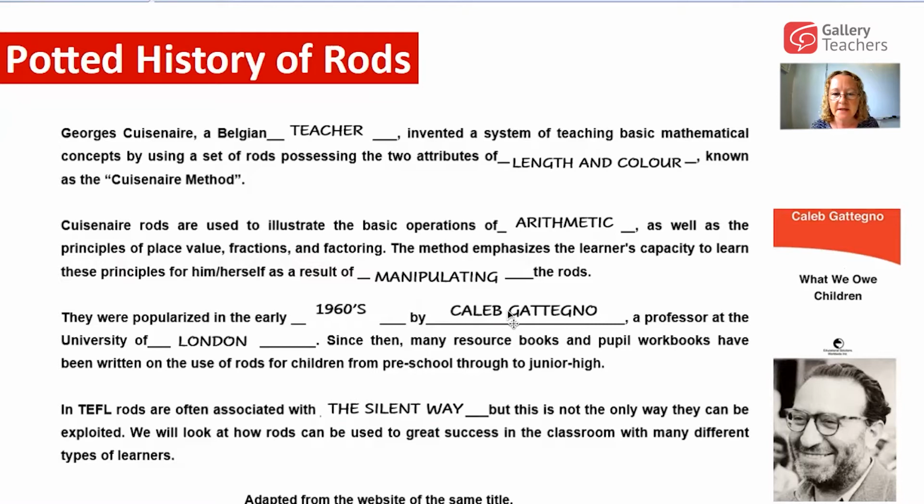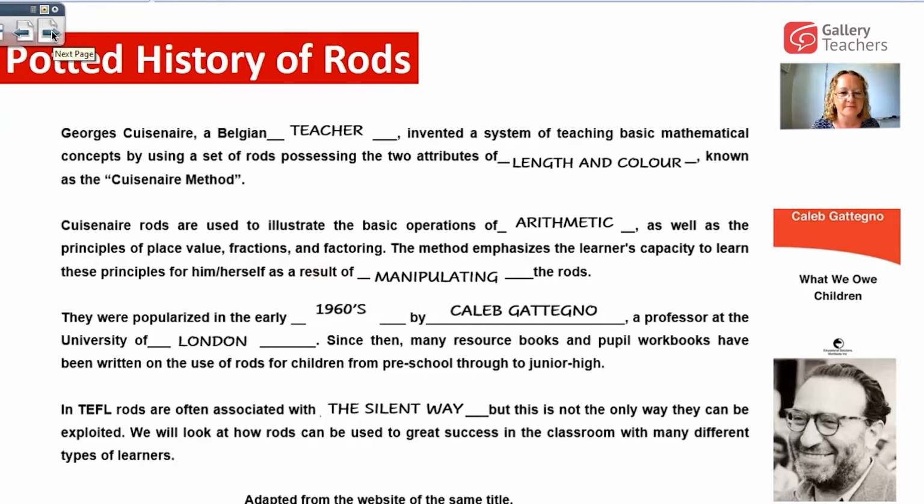In terms of Caleb Gattegno, this is the guy here, and he wrote a great book about what we owe children, and he really thought about the fact that basically learning is far more important than teaching, and this is what the rods are supposed to do, to be highlighting things. So it's not all about the teacher, it's about the person who's at the other end of the rods, which will often be the student. And in terms of the silent way, if you're interested in that, you can find out more at the second one of these sessions, when we're going to be covering that as one of the areas that we won't